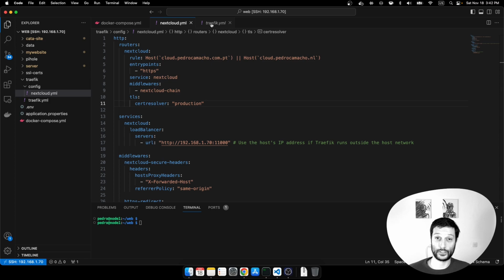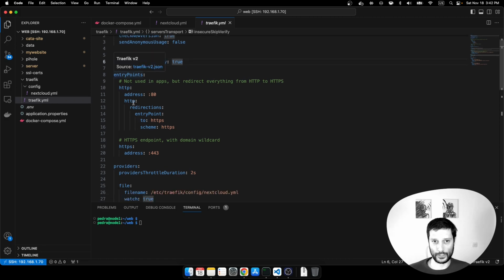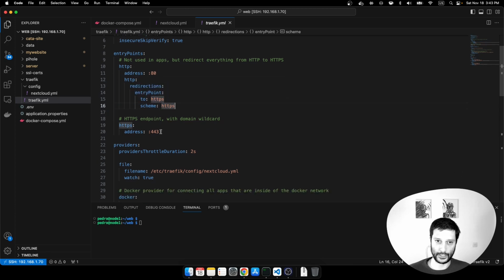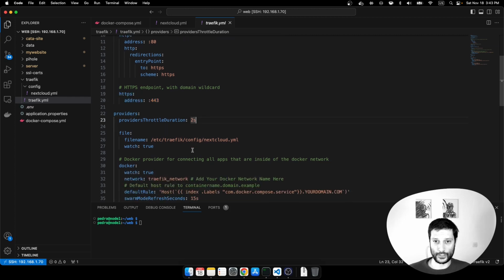So now let's go to actually not the Nextcloud configuration, but the Traefik configuration itself. The Traefik configuration basically has some things like global: check new version, send anonymous usage false. Servers transport: insecure skip verify. And then we have entry points: HTTP address on port 80, and then we redirect to HTTPS. Then we say what port we are talking about when we talk about HTTPS, then the providers, and there's this